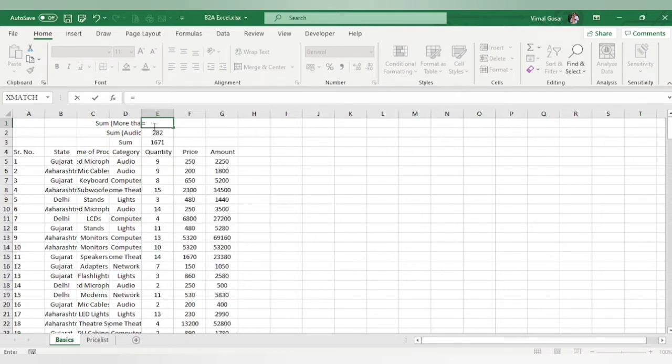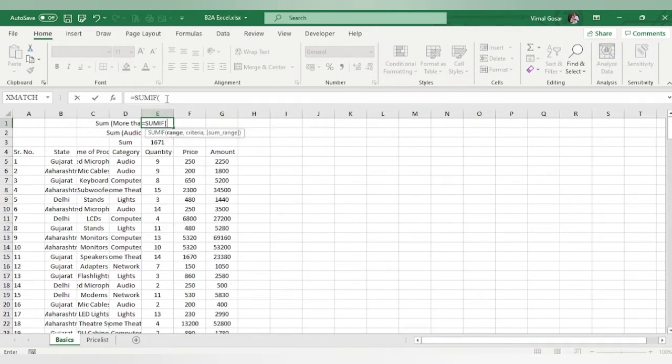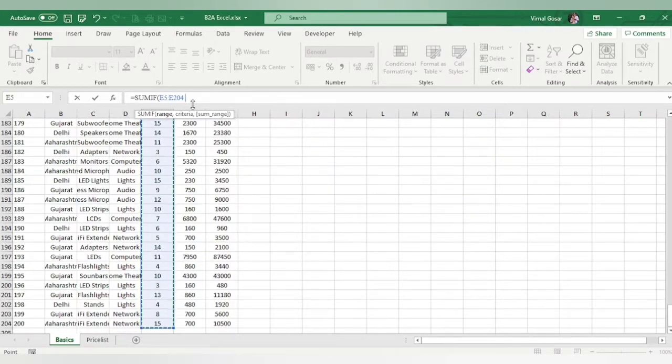So more than 10 means, now what I'll do is I'll just click over here as equal to sum, and instead of sum I will now be using the next function which is called sum if. So sum if means it will just give you a range and a criteria for that particular range. So let us say first of all the range is this range. This is my range, and what is my criteria? The criteria is saying that it is supposed to be more than 10. So again into double inverted commas, I will just use my criteria is more than 10, and now press enter.